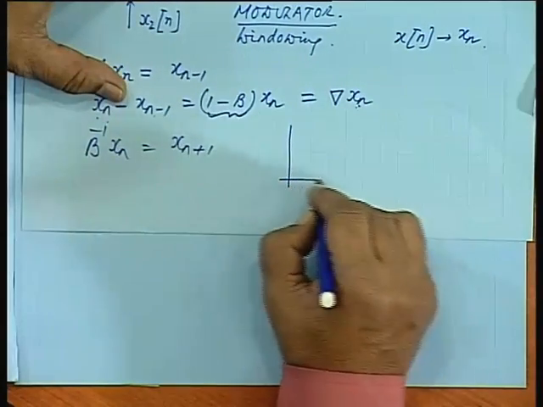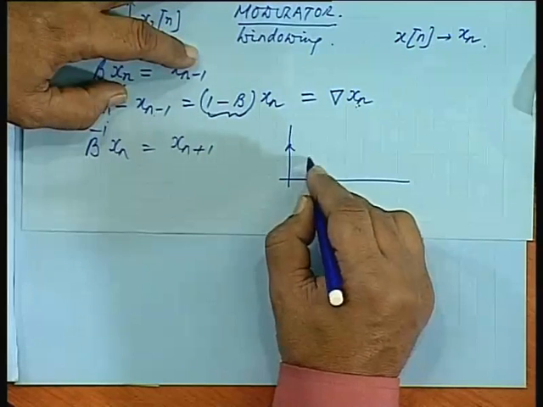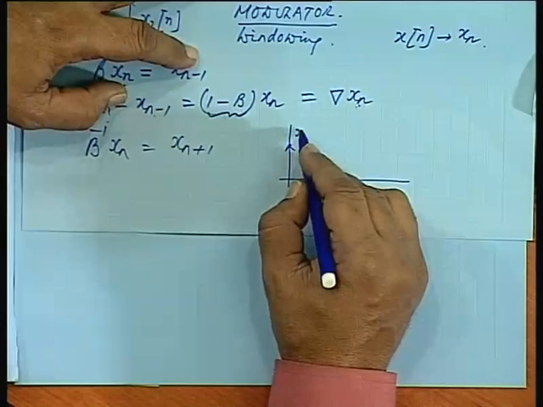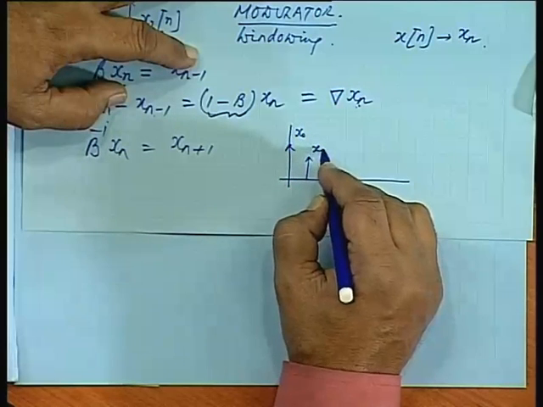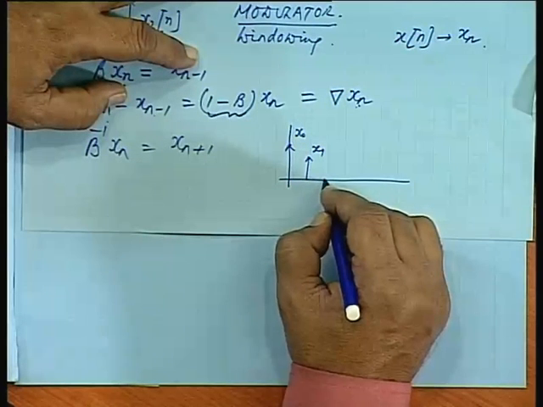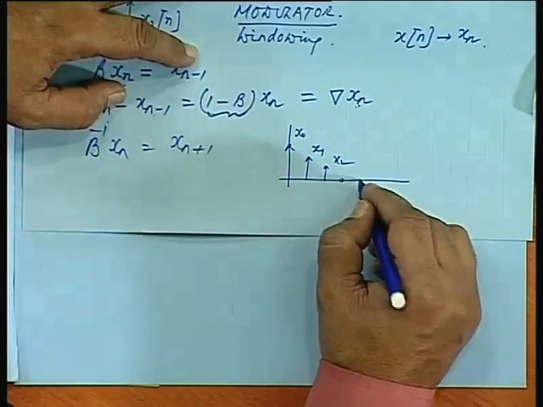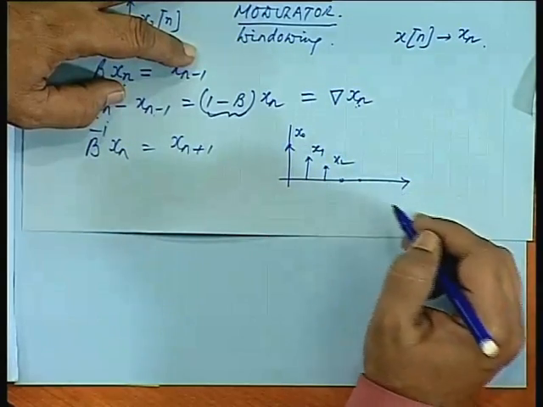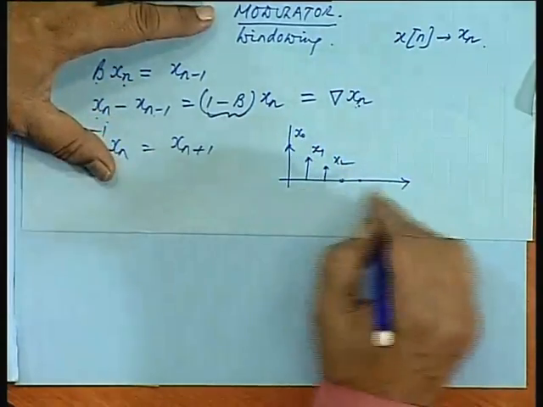Suppose we have a sequence x(n), this is say x0, x1, x2, rest are all 0. This is a sequence, x0 may be 5, 4, 3. If I give it a shift